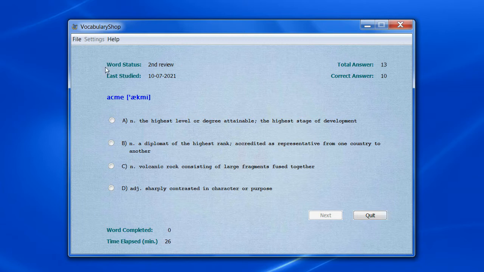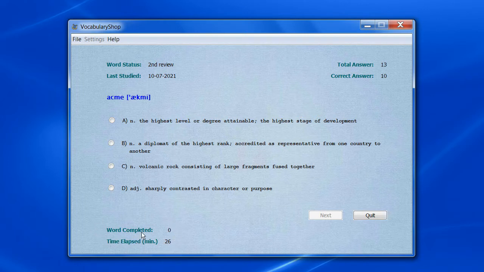The top part of the question page shows your relationship with this word. It includes the status or the progress you have made on studying this word and some history information of your study on this word. The bottom left part of the page displays information about your current study session. It tells you how long you have been running this function and how many words have passed the current study